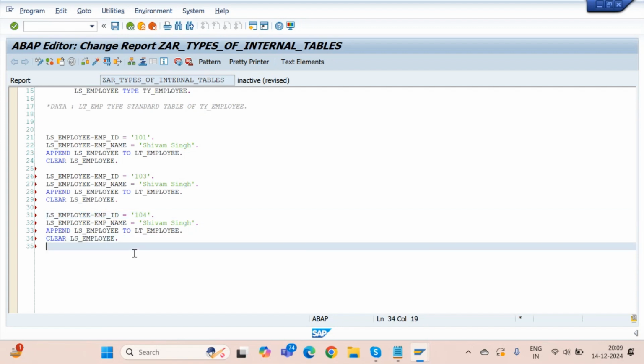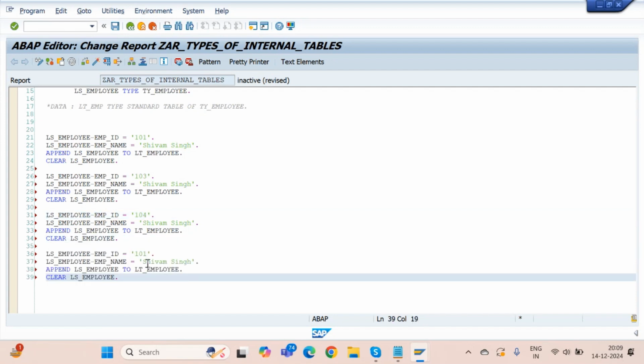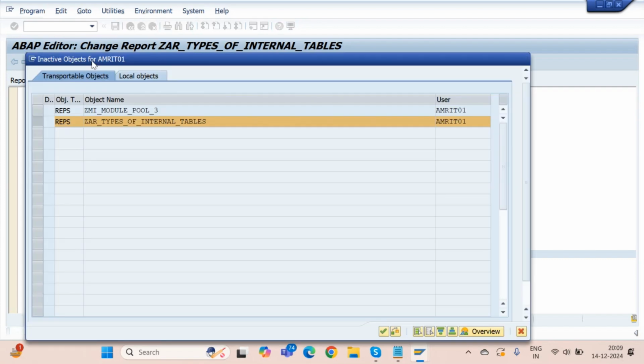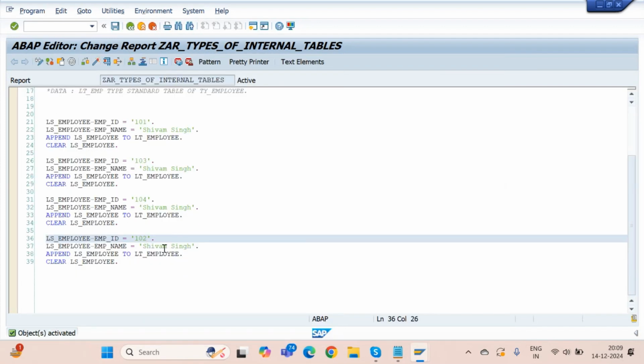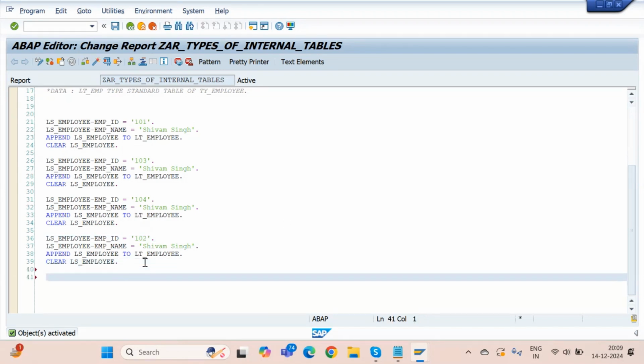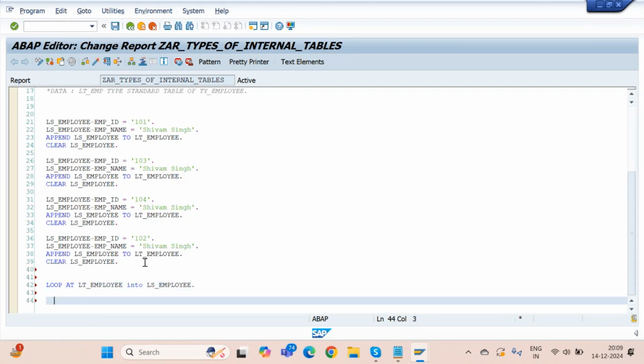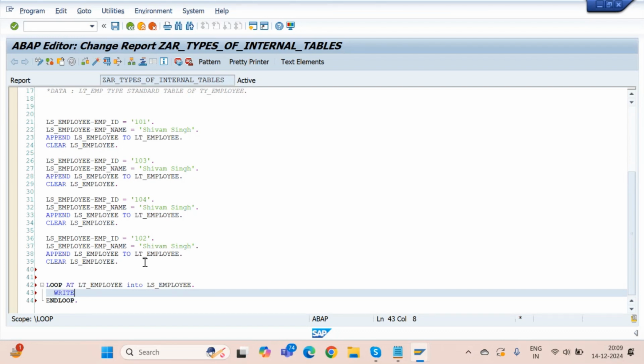Then I am going for again, and this time I am going for, let's say, 102. Where will the 102 record be now? At which index? 4. Yes, 4. So if I display data into the end loop, if I display data using a write statement,